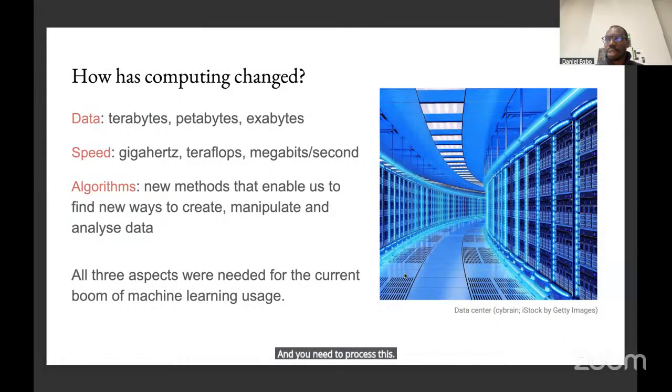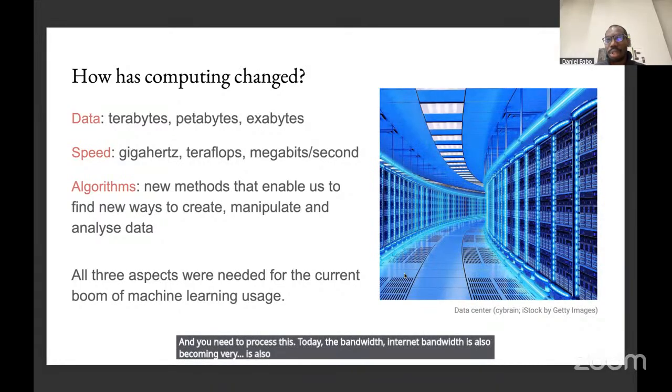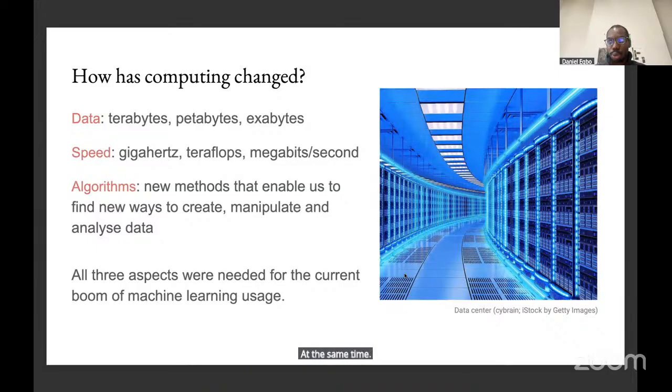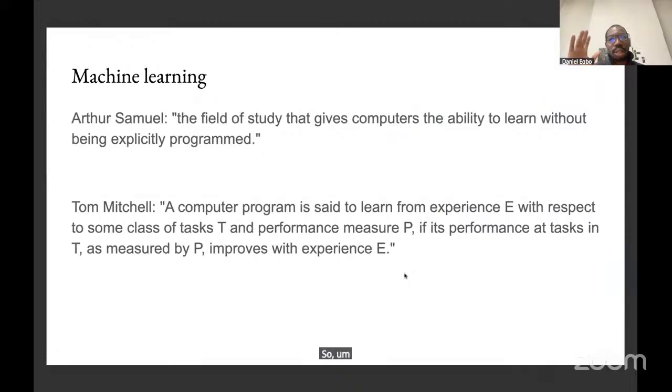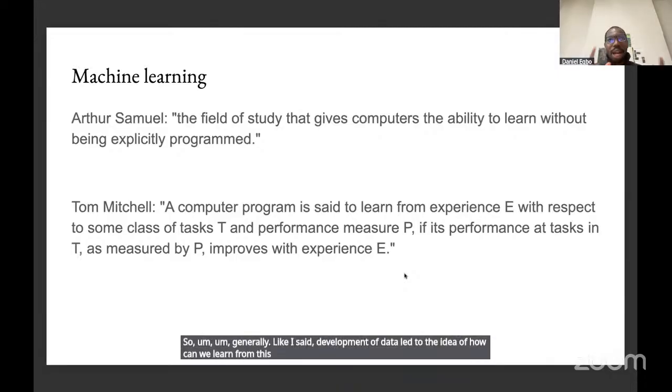Today, internet bandwidth is also very fast, faster compared to what it used to be 5-10 years ago. At the same time, your processing systems are also large, so you can process a huge amount of data compared to the kind of computers that used to exist 10-15 years ago or 20 years ago. Now, people are also developing algorithms through which these data can be understood or learned from. So generally, like I said, the development of data led to the idea of how can we learn from this? Because remember, the idea is learning. How can we learn from these tons of data we now have in our repository? That is where the idea of learning